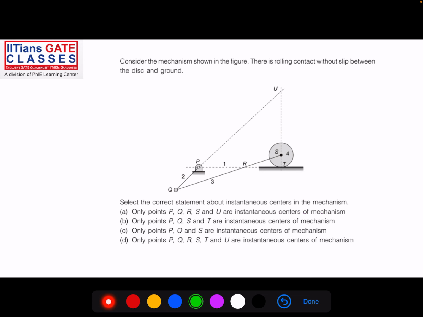Okay, let us move on to the next question. This is again a very nice question, from velocity and acceleration analysis, instantaneous centers. What you are asked here